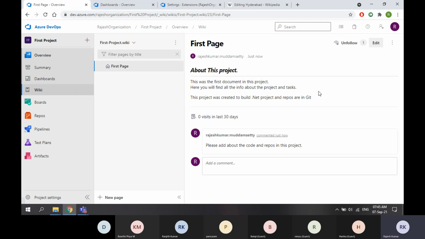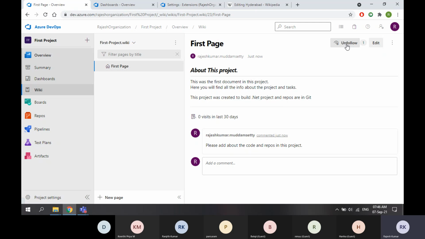Another thing, when you have shared something with your team, someone wants to get notified whenever there is new information available on this document. So what they can do, they can follow this page. This is something like you might be following some Facebook groups or posts in Facebook. Then if there is something changed or something newly posted on the group, you will get a notification. This is the same.